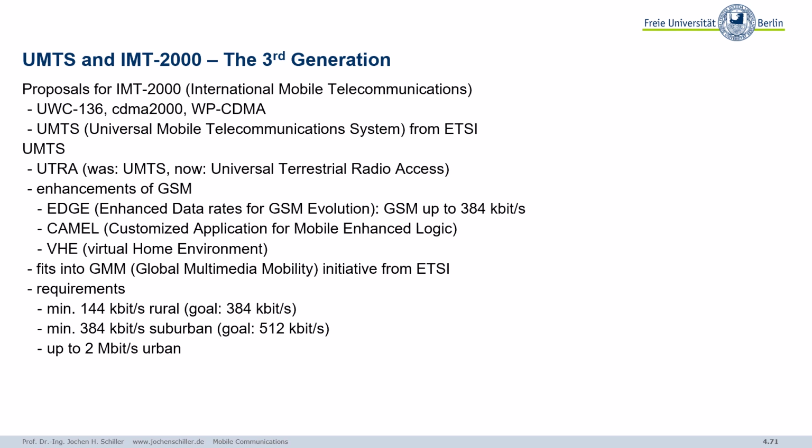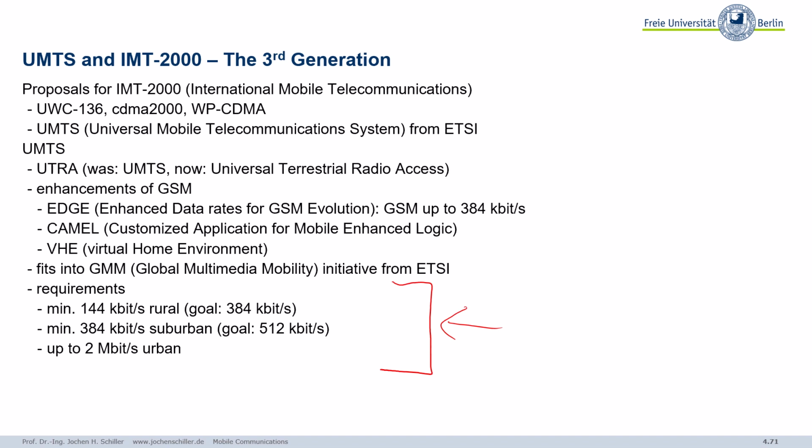So now we finally reached the third generation of mobile communications. But first of all, what is the third generation? The third generation is basically defined by certain requirements. So in the end, it's not a certain technology, but all the technologies that can fulfill certain requirements when it comes to data rates. For example, rural areas 144 kilobit per second or up to 2 megabits per second in